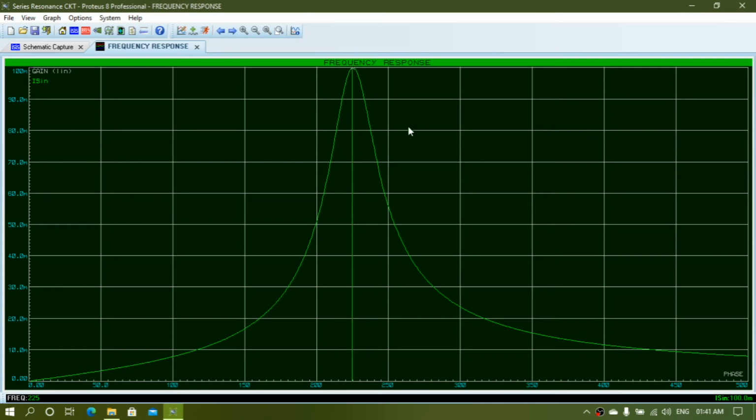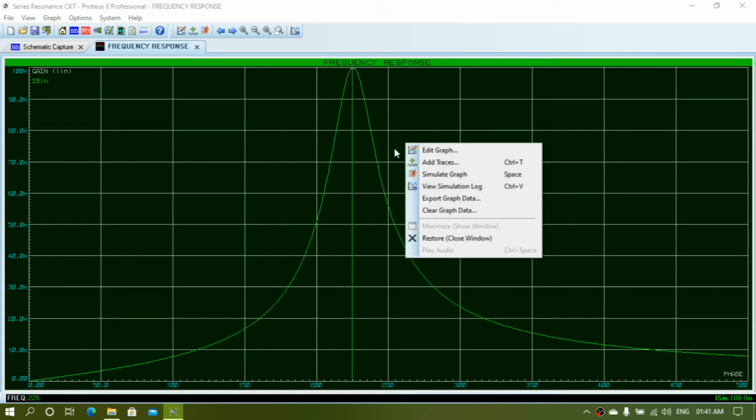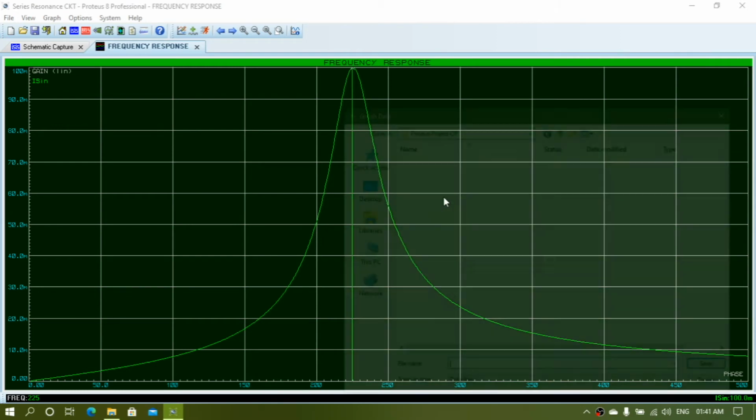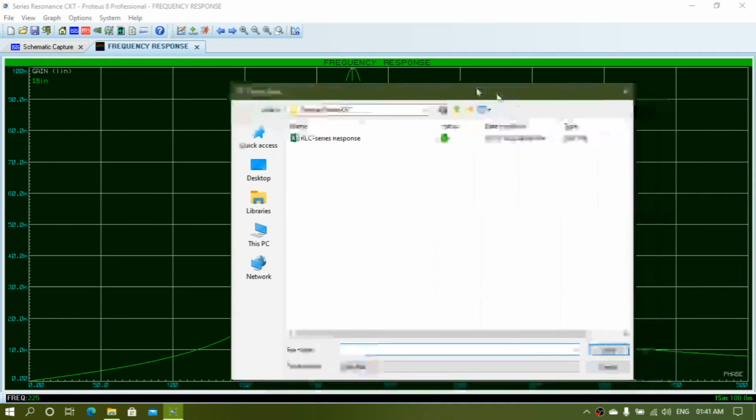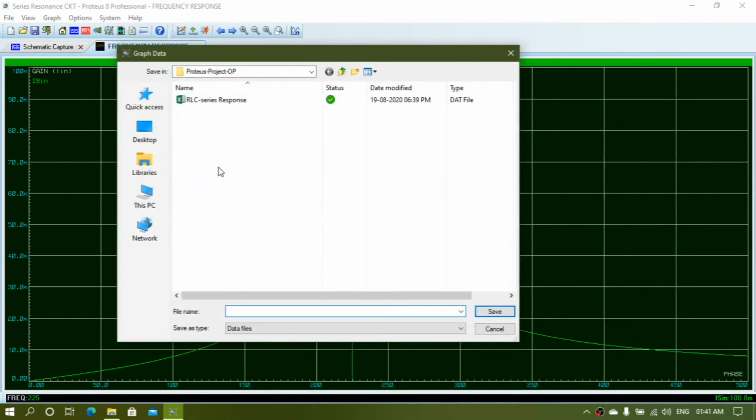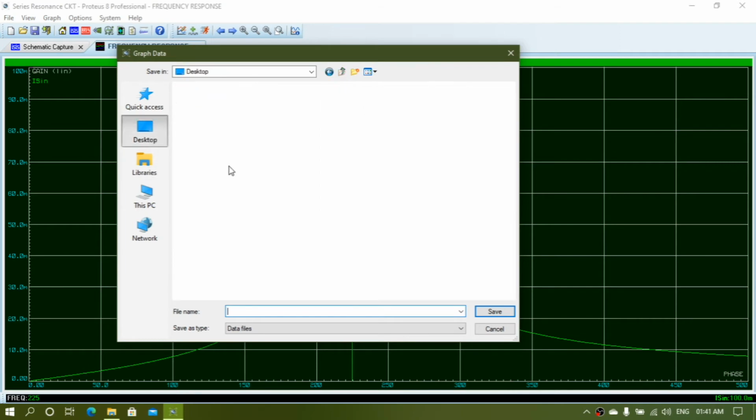So what to do, you have to right click over there and export the graph data. After right clicking you will get this menu, and then you have to select export graph data. You click this, it will ask for you a path. Suppose in your desktop